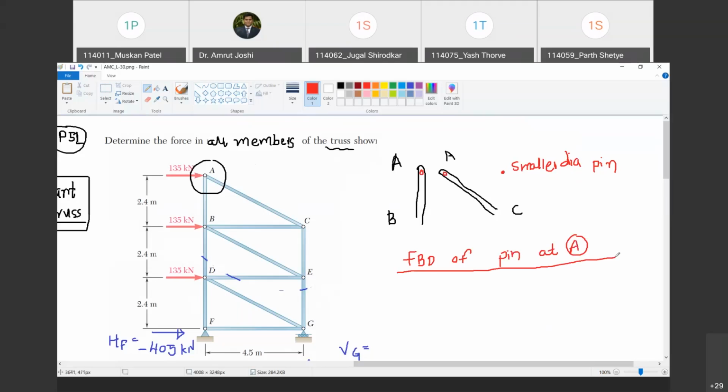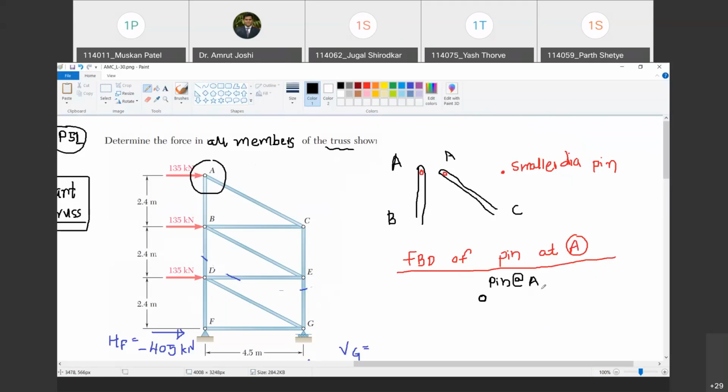So can you help me in drawing this free body diagram? So free the body from all external agencies. So for a pin, are members AB and AC external? Yes. Okay. So therefore, I am going to free it from those members and I am going to show only the pin. So this is the pin at A. Do you agree with me? Yes, sir. But at the same time, I have to show what these members must have been doing at A. दिखाना पड़ेगा ना? Yes, sir.